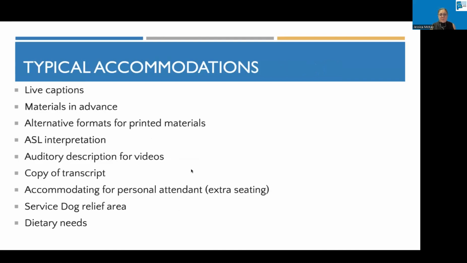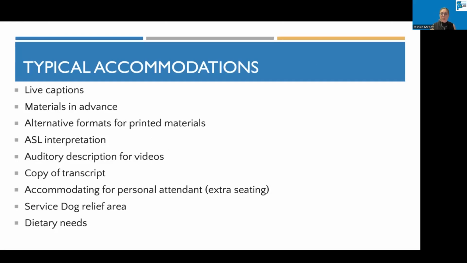This is just a very short list, but some typical accommodations that I've seen people request during trainings, webinars, or face-to-face events. Again, live captions, having any materials in advance, alternative formats of printed materials.